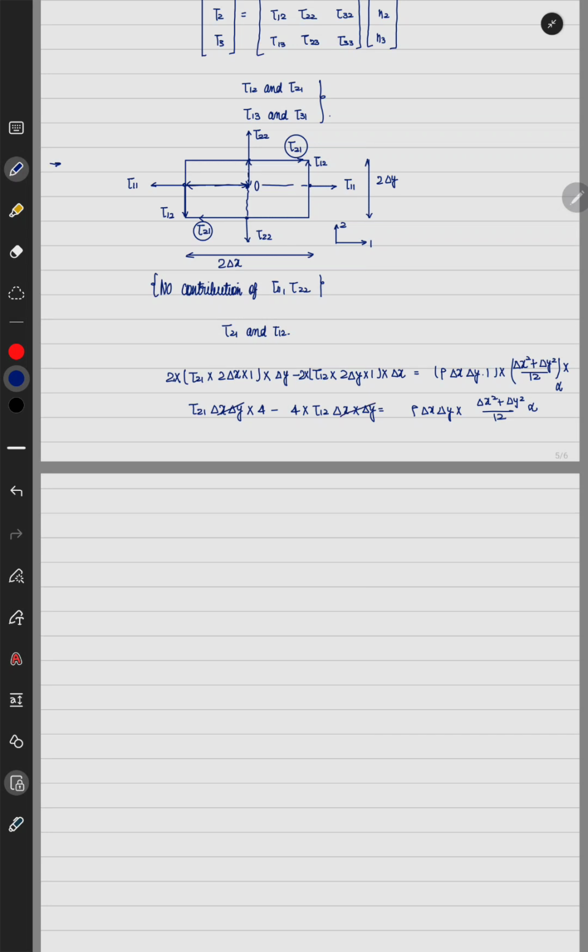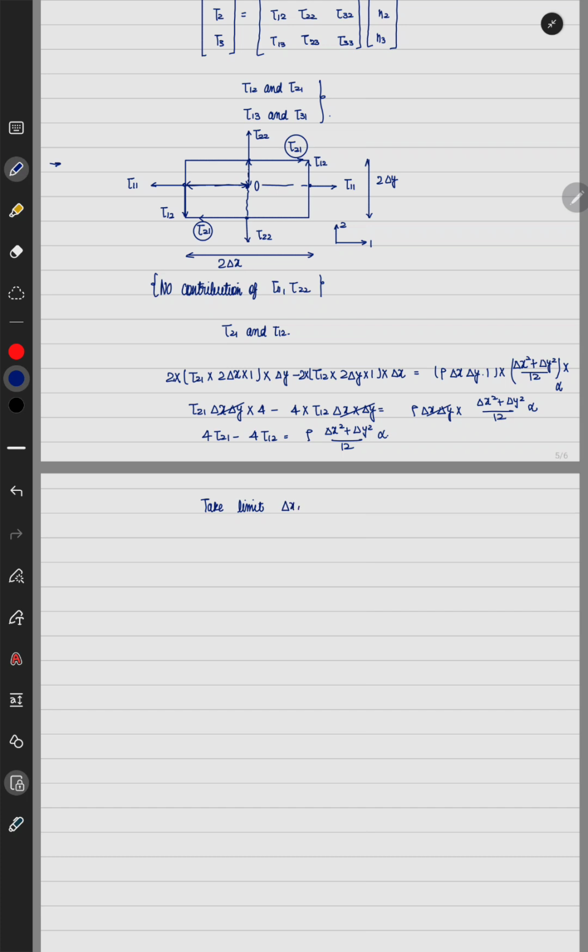Delta x delta y gets cancelled from both the sides and we get 4 tau 2 1 minus 4 tau 1 2 is equal to rho into delta x square plus delta y square divided by 12 into alpha. Now take the limit of